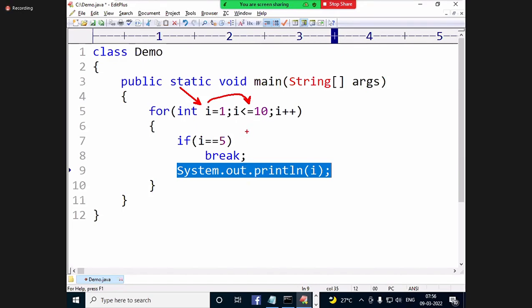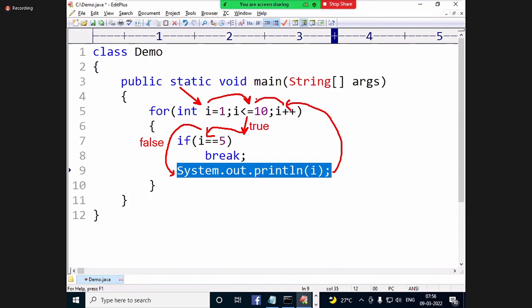It will enter. Now from here it comes here. 1 double equal to 5, false. System.out.println I, 1 printed. After printing 1, it will become 2.